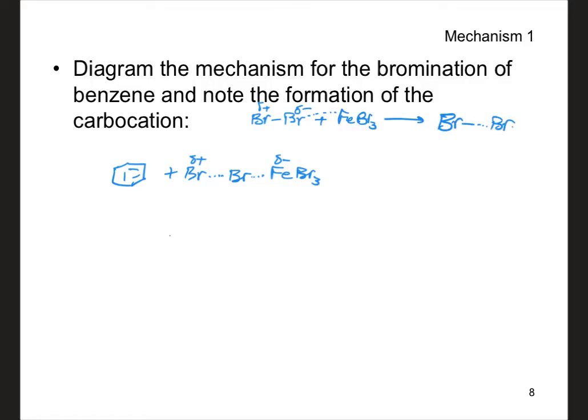Notice this bond is ready to break. And it will break, right? So as the attack takes place, this is going to go away, generating the Br plus, which is where the benzene is going to attack. So your end product is going to look like